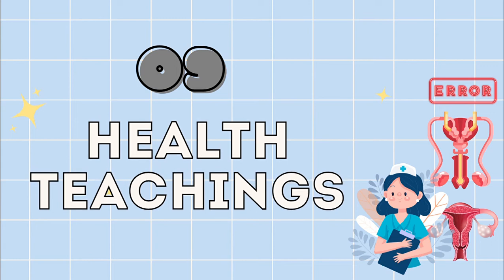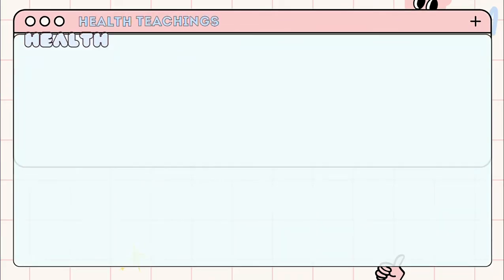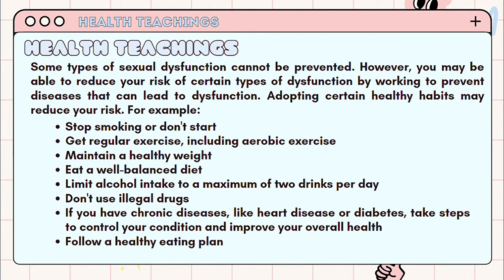Lastly, we have our health teachings. For our health teachings, some types of sexual dysfunction cannot be prevented. However, you may be able to reduce your risk for certain types of dysfunction by working to prevent diseases that can lead to dysfunction. Adopting certain healthy habits may reduce the risk. For example,